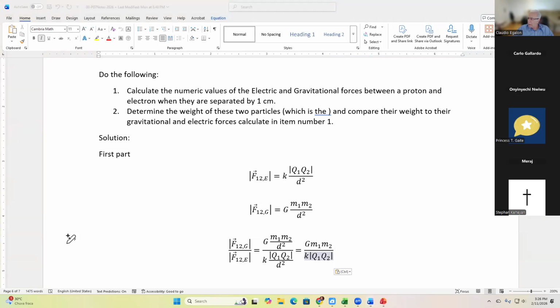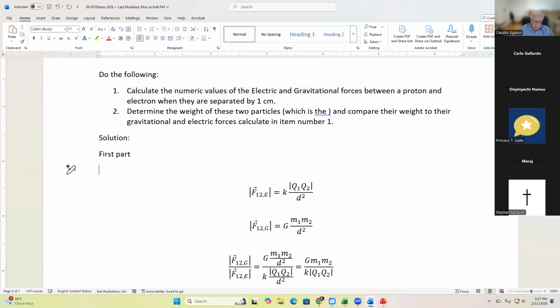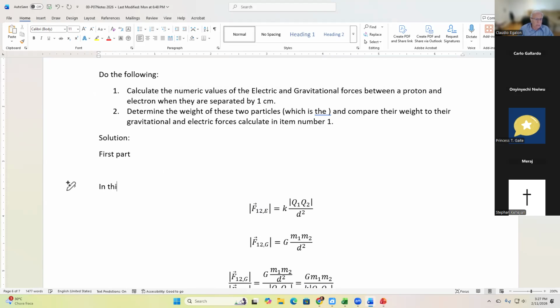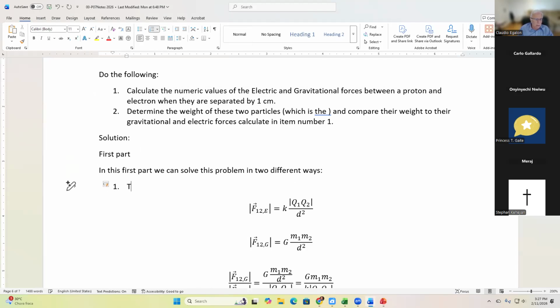Okay, so Mirage, we can solve this thing in two different ways. In this first part, we can solve this problem in two different ways. The simplest one, the most straightforward one,